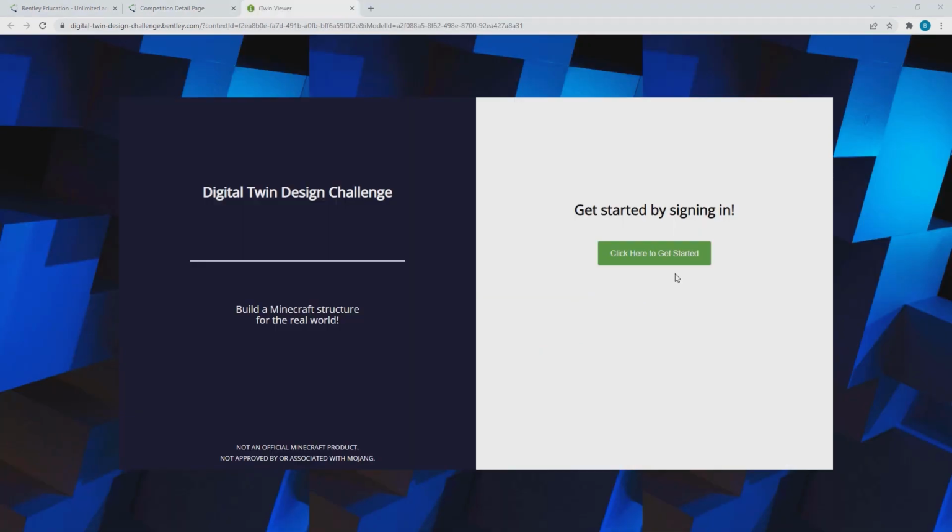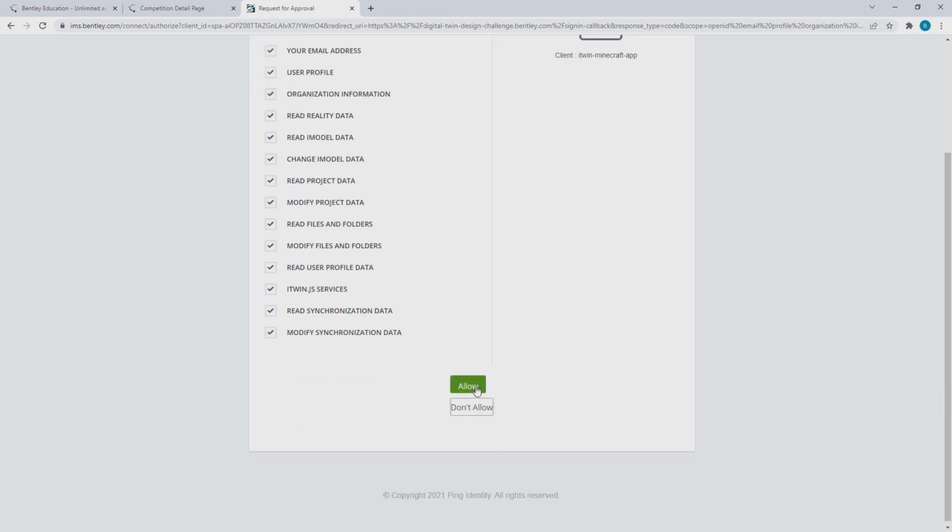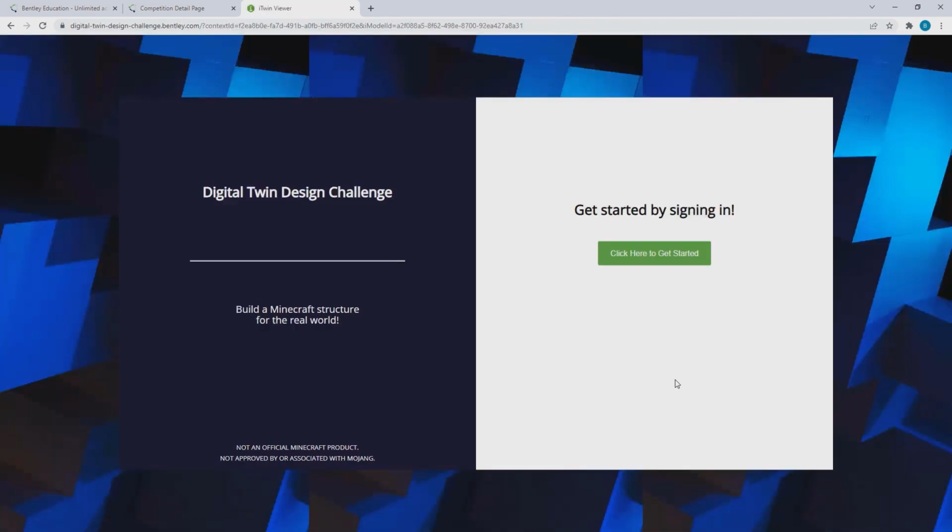You'll notice we immediately got redirected to the official challenge page. If you happen to lose this page, you can go back to the email you registered with, and you should be able to get back to this page and restart the challenge. So just to finalize and complete the registration process, I'm going to click here to get started. This will create a new custom viewer for you, but first you'll need to allow the application permission to create it for you, redirect back, and the registration process will automatically kick in, sign you up, create a new custom viewer,